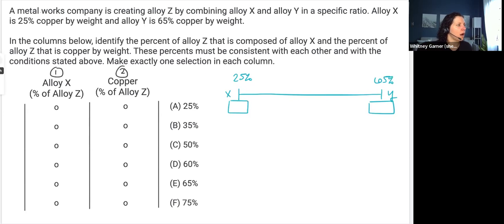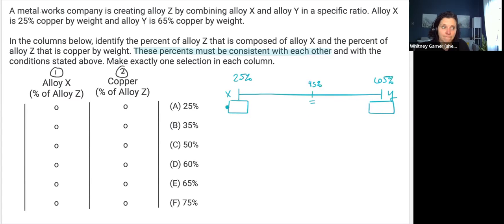Well, something common in the world of two parts is this jointly consistent style of problem, which means I have to solve the two questions at the same time. So there are lots of different answers. For example, if what I knew was that it was a 50-50 mix, right? If there were an equal amount, so 50% of it was alloy X, well, then how much copper would I have? I'd have the exact average of 65 and 25. So it's half of 90, add them together. The exact average would be 45,